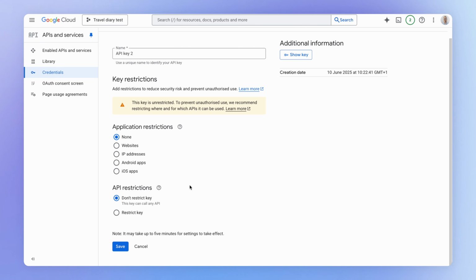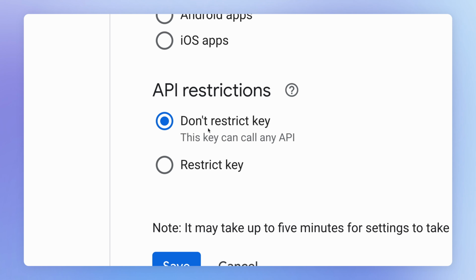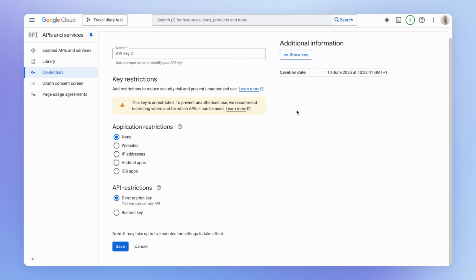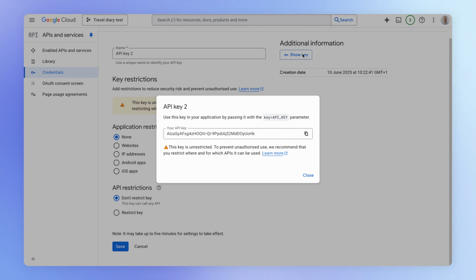Now, what I've got here are keys where I haven't added any API restrictions within my Google Cloud Console. And this is fine for right now while we're just developing our application, but we will want to make sure that we're adding the appropriate restrictions to our API keys before our application is in production and in the hands of real users. And that means that in theory, anybody who gets access to my API key can use Google's